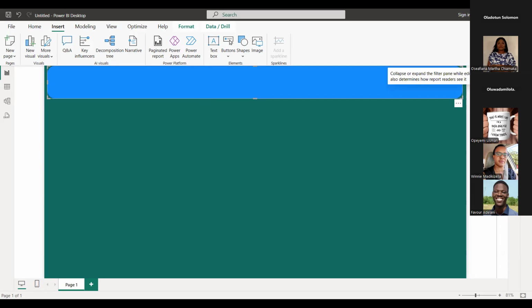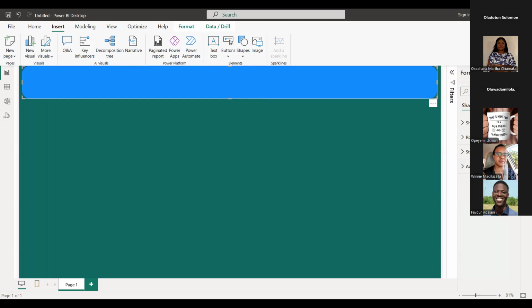Now, you see that I have this shape clicked on. This pane was showing visualization before. When I click on the shape, it's showing format shape here. But when I click on the background, it changes to visualization. So this pane is interactive based on the elements you are working on. Because I'm working on a shape, it's asking me, do I want to format a shape?